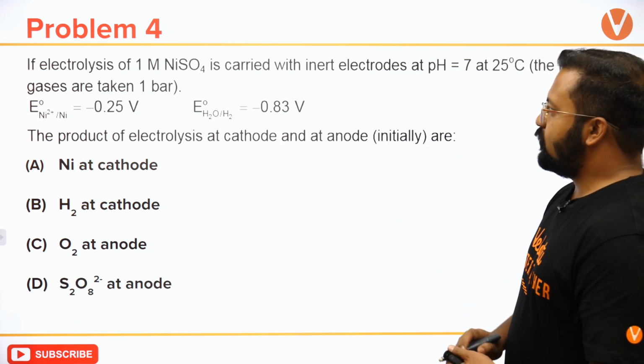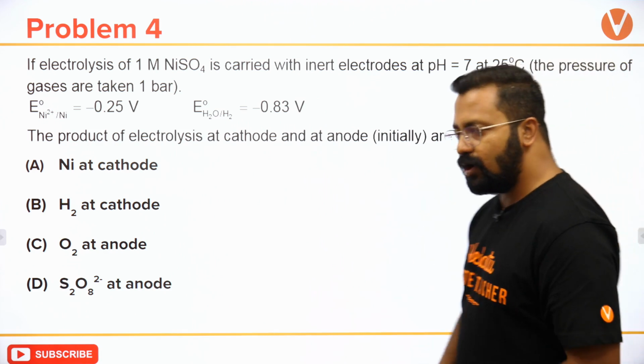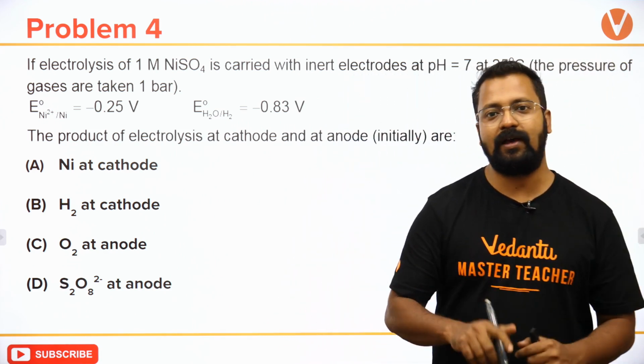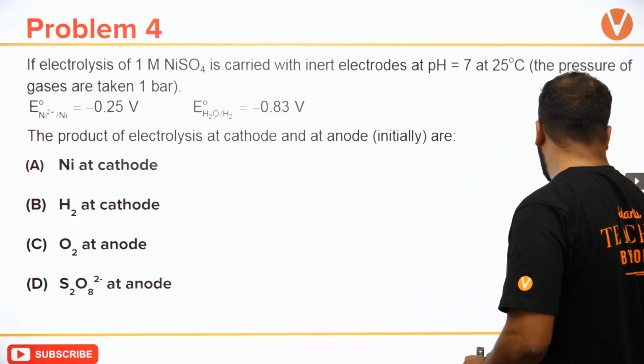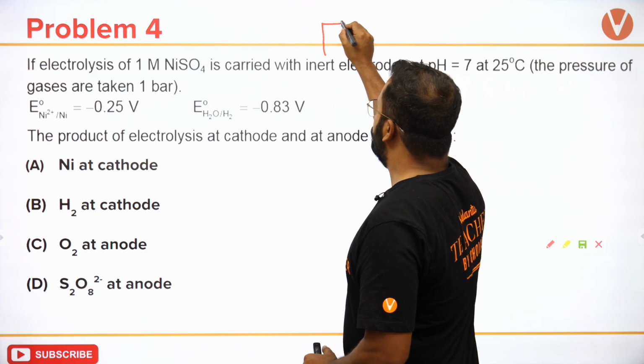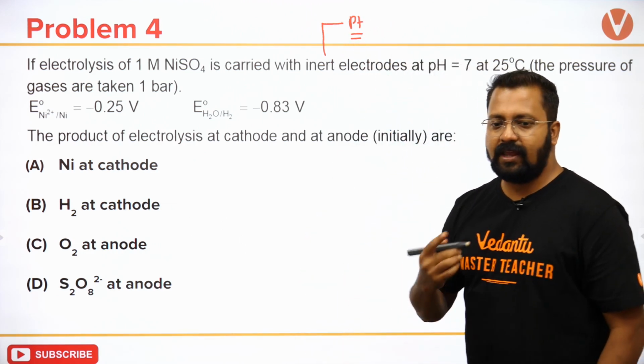If the electrolysis of 1 molar nickel sulfate is carried out with inert electrode at pH 7, meaning we put it in water and electrolyzed it. Inert electrode at pH 7. So what is the meaning of inert electrode? That means I am using something like platinum. If it is a nickel electrode,